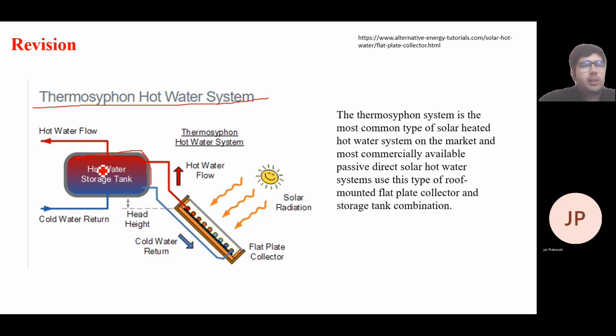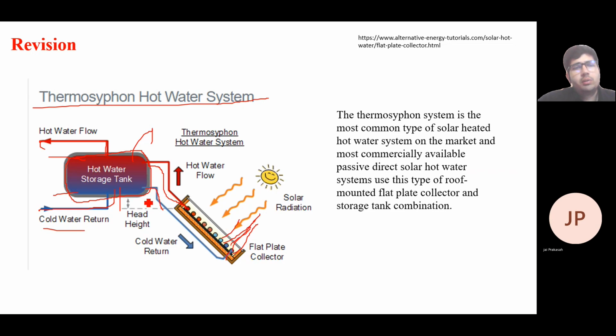So this is a hot water tank, storage tank. You can see the blue part is cold water, and the red part is hot water. This pipe is supplying the hot water to the lower section, and the upper part is connected to the hot water. So from here you can get the hot water, and from here you again supply the cold water. Due to the temperature difference there will be a density difference, and due to the density difference, the hot water will be up as compared to the cold water. So this will again flow through this flat plate collector. These are actually side views, so it's perpendicular.